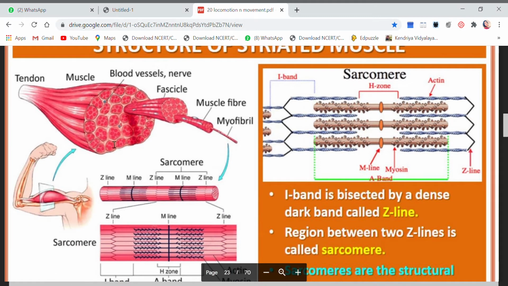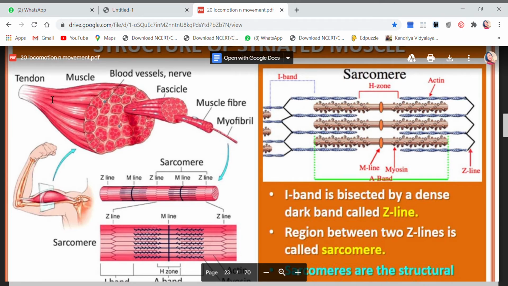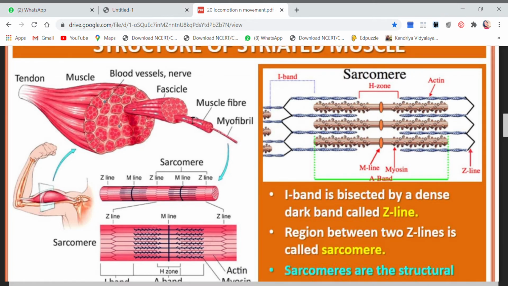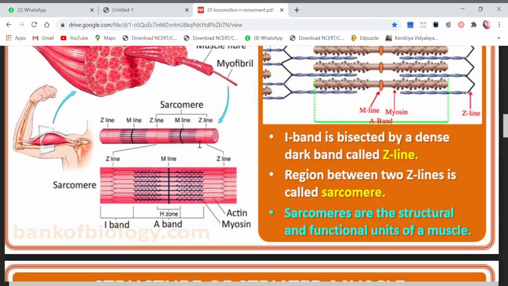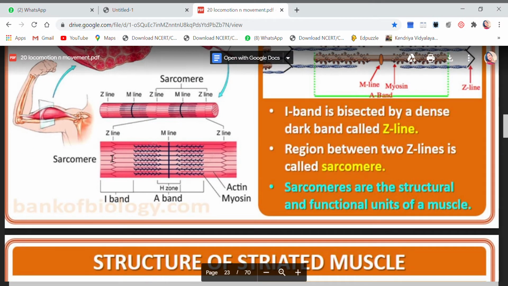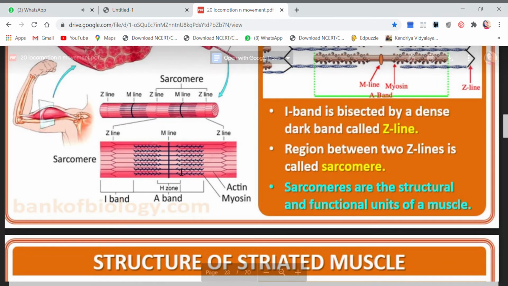Okay, again a few new additions, but before that, I will repeat the structure. There is a muscle. The muscle contains a lot of bundles. The bundles are called fascicles. Each bundle has muscle fibers. Each muscle fiber has myofibrils, and the myofibrils have light and dark bands, which alternate. Light bands are made up of isotropic proteins or actins. Dark bands are called anisotropic, and they contain both actin and myosin. The center portion of the dark band is lighter and is called H zone, and a line called M line passes through the center of the H zone.